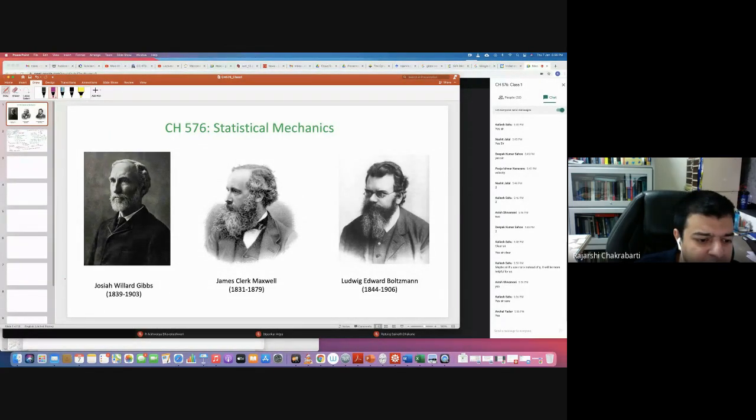You see, when 1839, 1831, 1844, if you add like 20, 30 years, the subject is like 150 years old. Statistical mechanics is actually an even older subject than quantum mechanics, because these people died long before quantum mechanics started. When Boltzmann died in 1906, quantum mechanics was just starting, the old quantum theory, but not the real quantum mechanics. So basically, they knew classical mechanics, and then they came up with this subject, statistical mechanics.